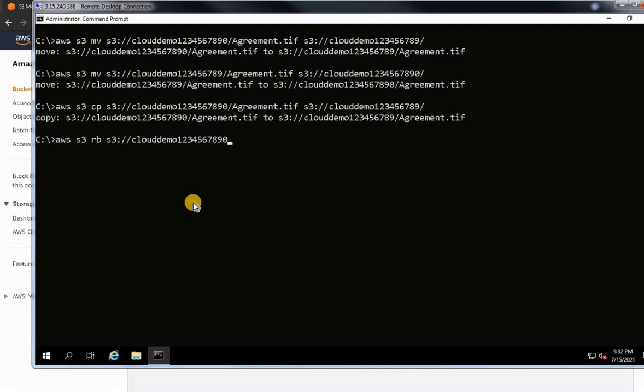This is our command for remove bucket and the bucket name, and if we hit enter, it's supposed to give an error and ask us to delete the objects. In some cases the bucket will not get deleted, so we can use the force command. Let's see, if it doesn't get deleted easily, then we'll forcefully delete the bucket.